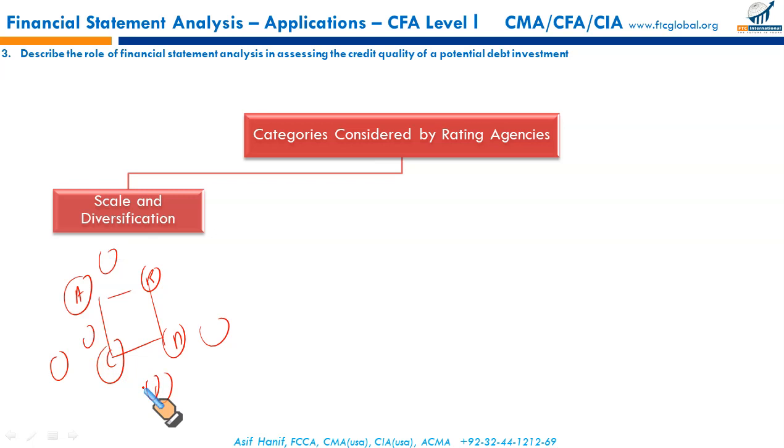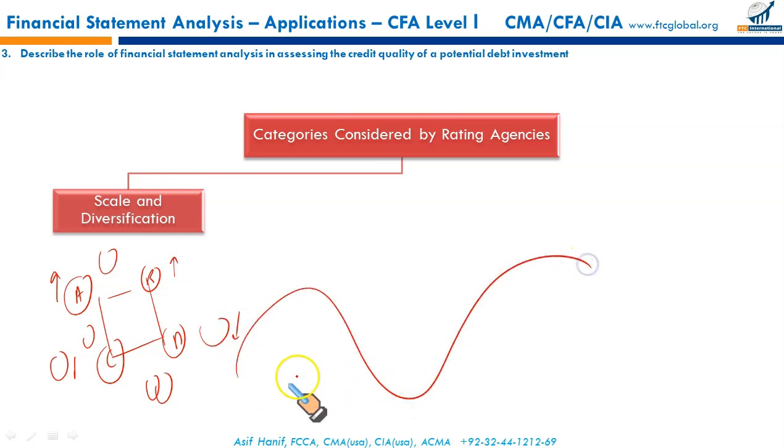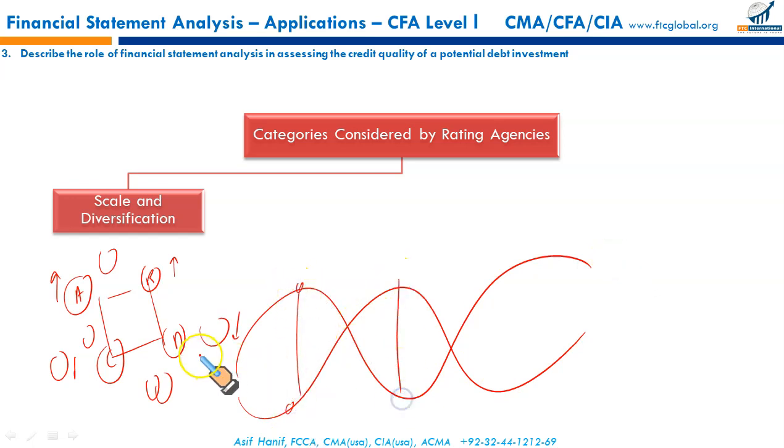So for such organizations, risk is reduced because downside risk at some side will be offset by higher incomes on the other sides. So it's like a sine wave which is neutralized by a reverse sine wave. In other words, the gains and losses at different locations might be offset and you will get a consistent stream of returns. So scale of diversification, larger organizations, well diversified, larger product portfolio, greater geographical presence, risk would be reduced. So for such organizations, the ratings would be higher.